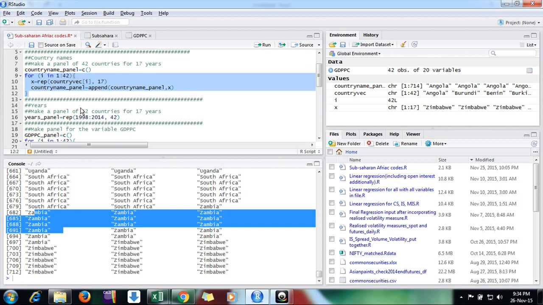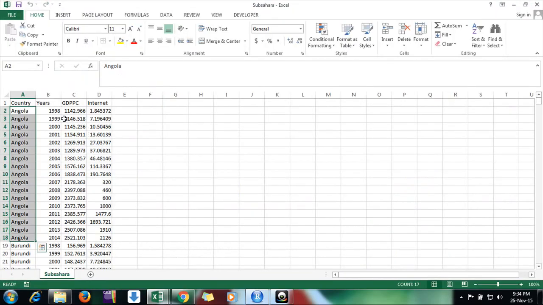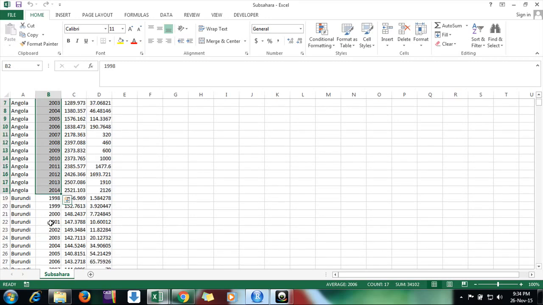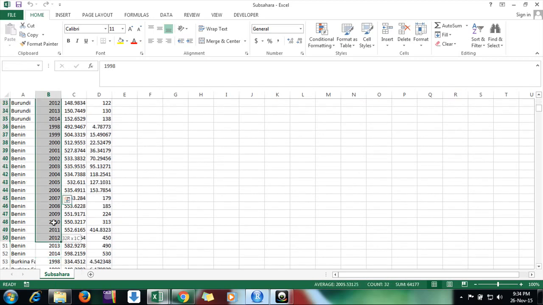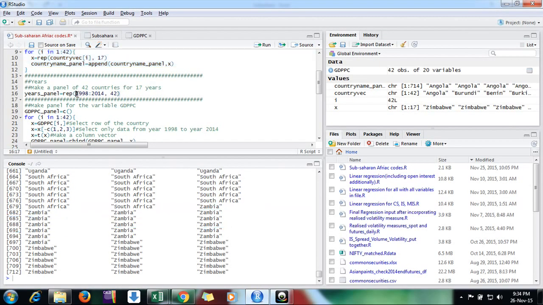Now come to the years. The second column we need is the number of years from 1998 to 2014, and I want to repeat this series 1998 to 2014 42 times, like 1 then 2. Similarly, for each country I need to repeat it once, so 42 times. So it's very easy now. Simply what I'm doing here, I'm writing a sequence 1998 to 2014 and putting the command repeat.